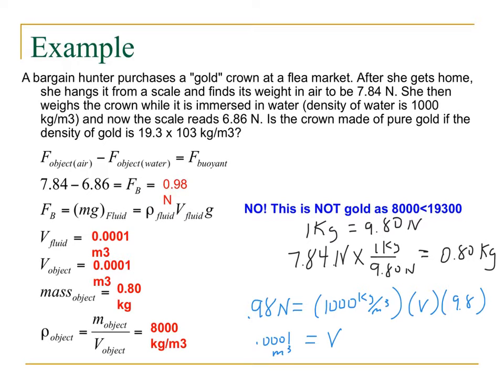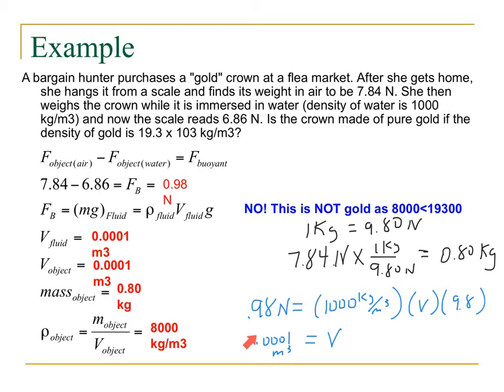Next we need to find the volume. So we have our buoyant force will equal our density times our displaced volume times our acceleration due to gravity. Now in this case our volume is our unknown. So we will have our buoyant force as being 0.98 newtons. We have the density of water being 1,000 kilograms per meter cubed. Volume is unknown, and the acceleration of gravity is 9.8. And so when we solve for volume, we get